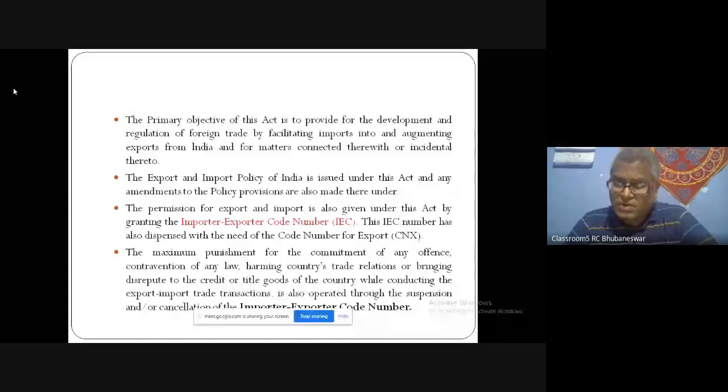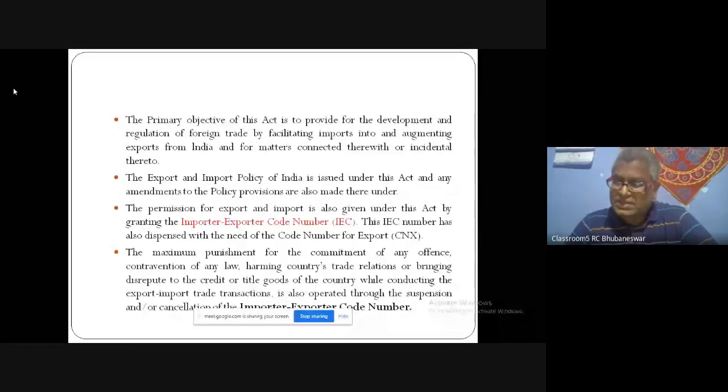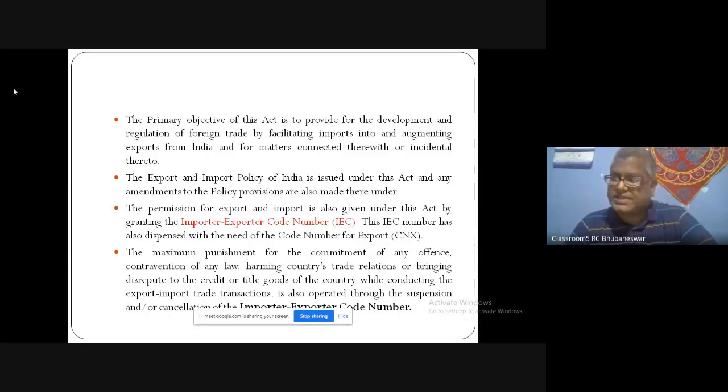One is obtaining the code number, second is obtaining membership of these organizations. Third, after registering with the particular organizations, he should file with another council, called the Export Promotion Council (EPC), or with sales tax authorities, requesting registration. My dear student, listen. First, obtaining the code number. Second, obtaining membership of certain organizations or bodies related to exporting and importing councils. And third, getting registration from the Export Promotion Council (EPC)